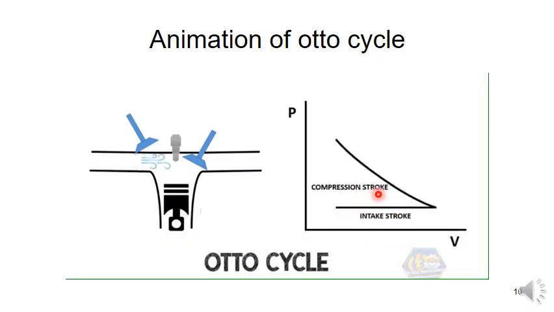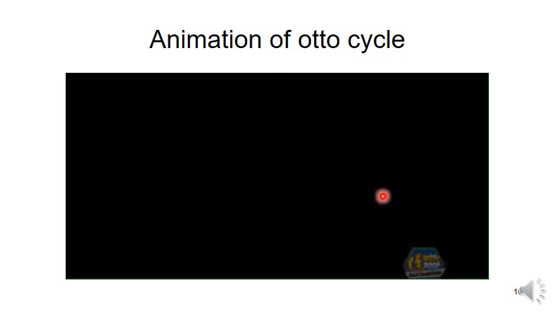So mainly the cylinder is the space in which the piston reciprocates from TDC to BDC. TDC represents the top dead center, the red line, and the BDC is the green line, the bottom dead center. Here one end of the cylinder is closed with the cylinder head. This black line represents the cylinder head, and it consists of an inlet valve and the exhaust valve, and the other end opens towards the crankcase. This one is the crankcase.